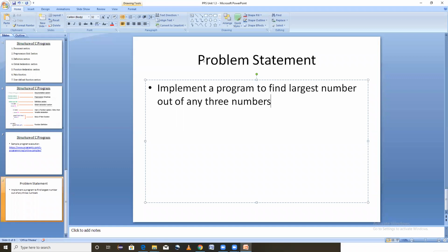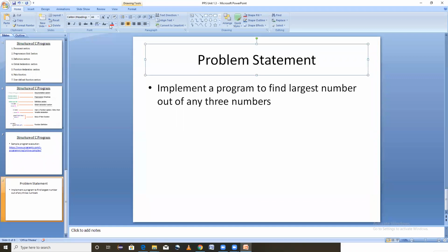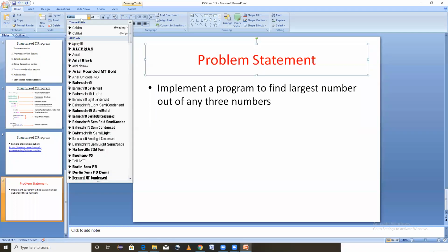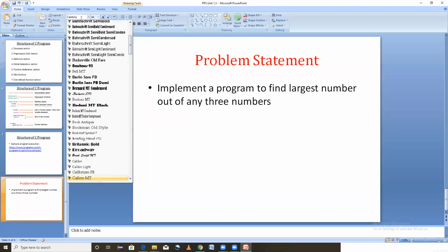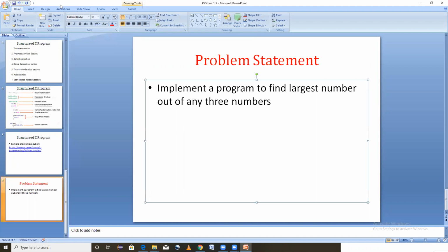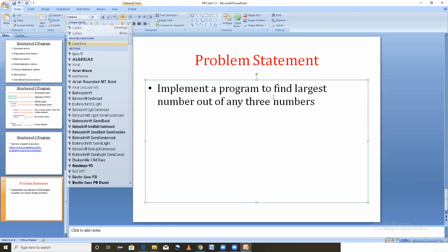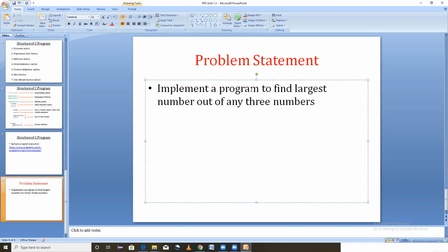Okay, this is my problem statement. Implement a program to find the largest number out of any three numbers.